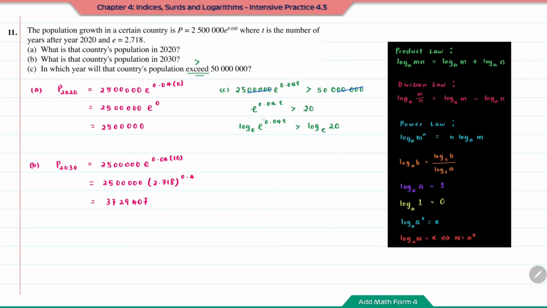So next, I'm going to use the power law. I'm going to move this power 0.04 t to the front. So times log base e of e greater than, so log base e, we can write it as ln 20. So log base e of e, this part here is equal to 1. Therefore, 0.04 t greater than ln 20. Therefore, t is greater than ln 20 divided by 0.04. Now, using your calculator, you'll find that t is greater than